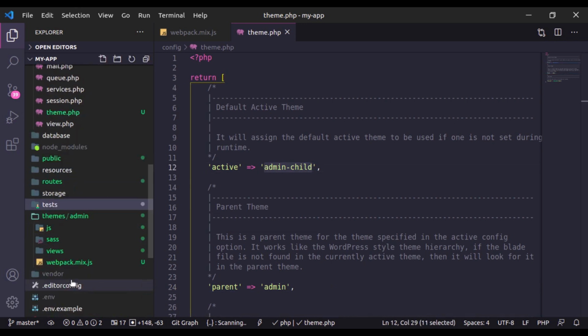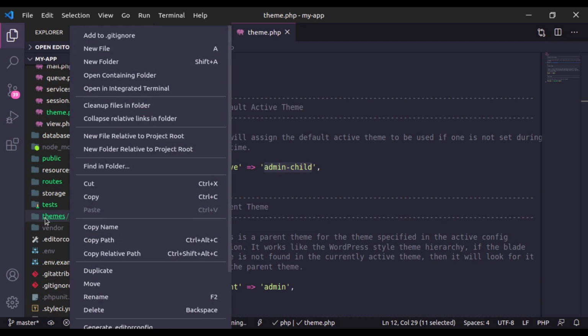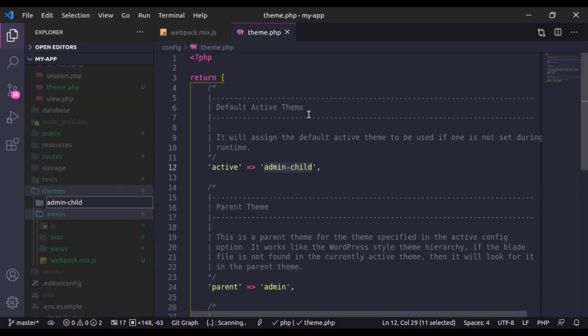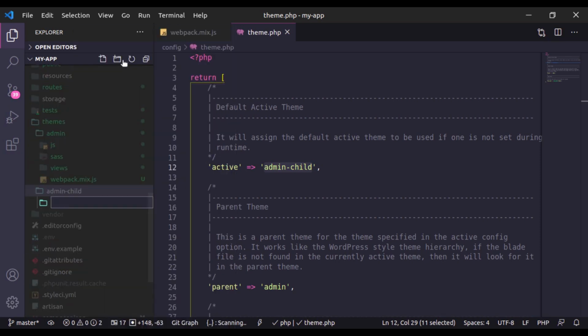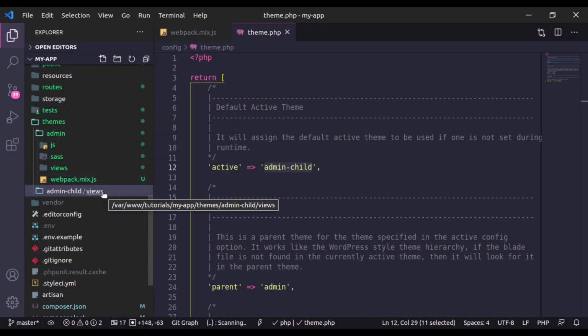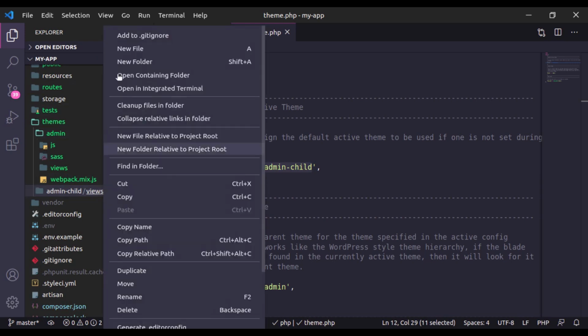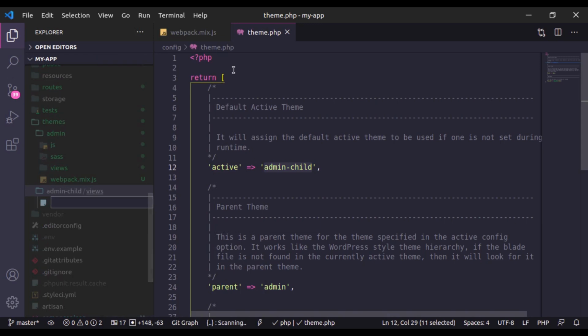So in the themes directory, here I'll create a new folder, admin-child, and now in this admin-child I will create a views folder. Now let's say in this views folder we have auth/login.blade.php. So new file, and we have the auth folder, and here I'll create login.blade.php.